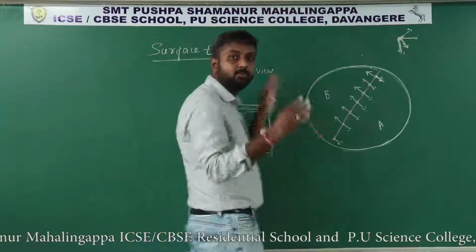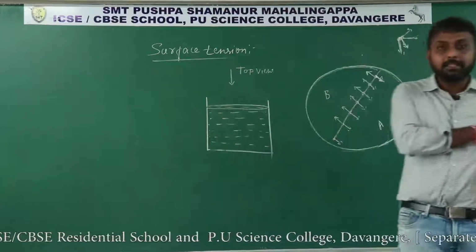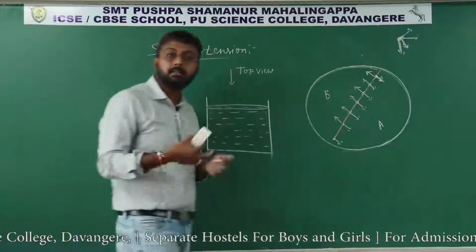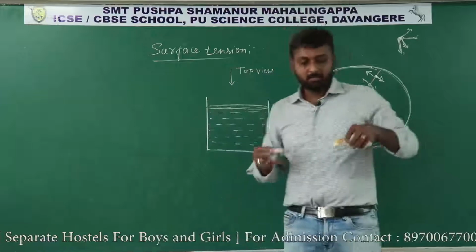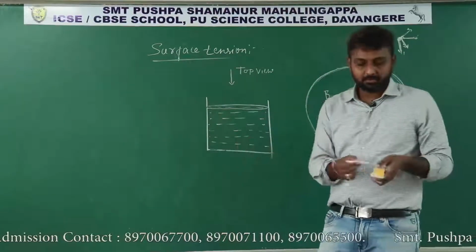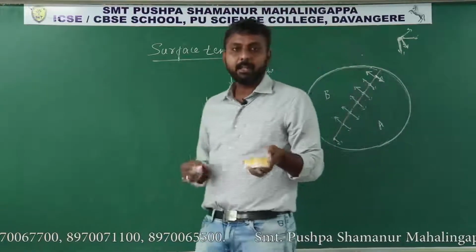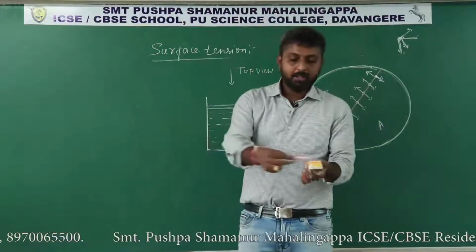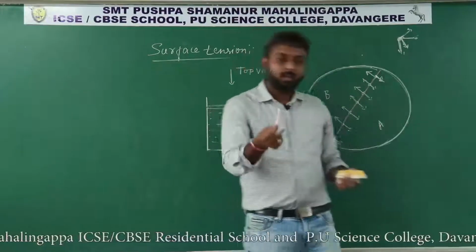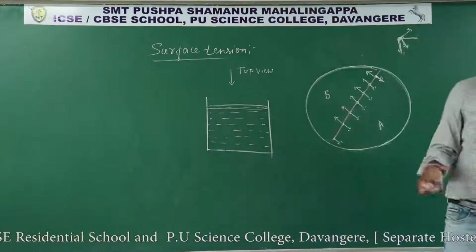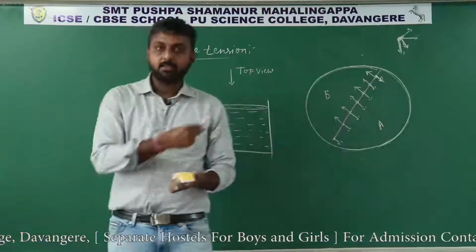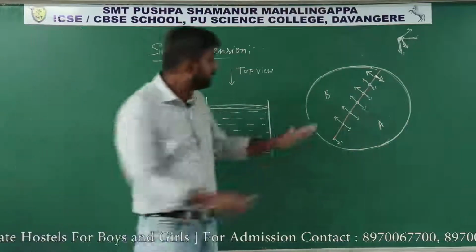Okay, an elongative force, and how the force is acting: tangential to the surface. Okay, you have to imagine very clearly, tangential force. Once again I will tell. If it is an object and I apply a force here, this is not a tangential force, this is a force perpendicular to the surface area. Tangential force means like this. Okay, draw a tangent line on the surface. If the force is acting in that direction, that is a tangential force, or you can say the angle between the surface and the force is 0. Like that a tangential force is acting.